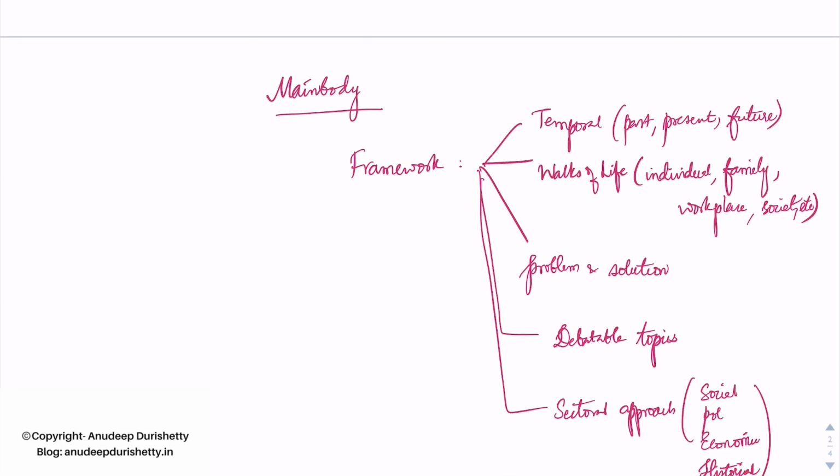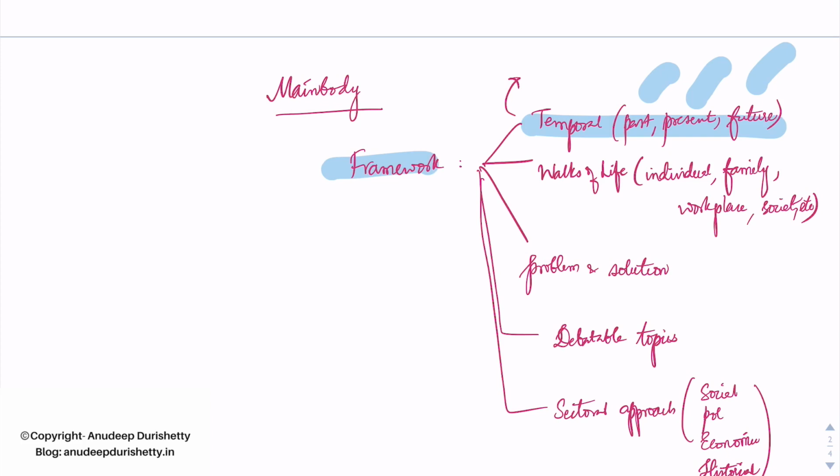Main body is all about expanding and describing the topic in detail in a logical sequence. There are a few frameworks that you can use to expand your essay depending on the question. Let us discuss some of those. One can be a temporal framework where you discuss the past, present and future of the particular topic. Consider a question like language problem in India, its past, present and prospects. Now such questions are ideal to be expanded in a temporal perspective where you capture the evolutionary significance of a particular topic and also present a future roadmap.